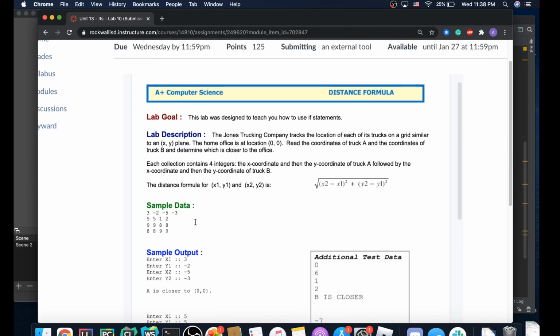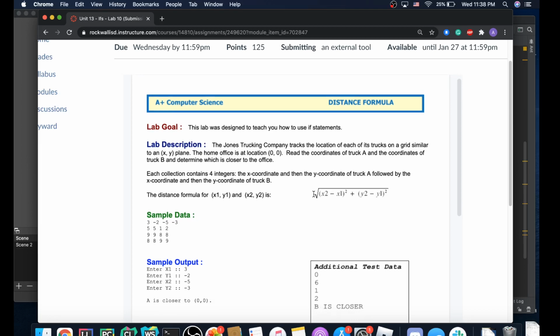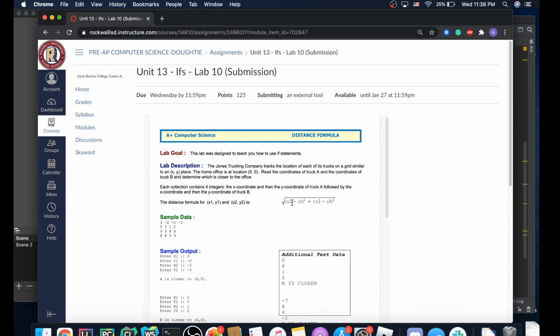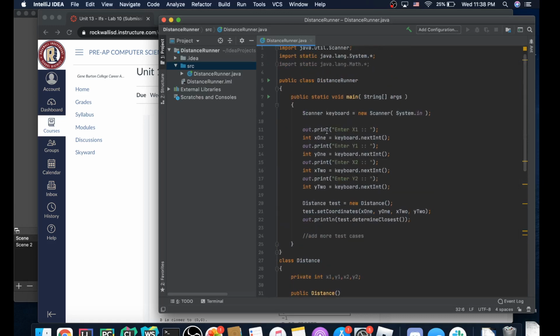So this is xy of truck A, this is xy of truck B. And same for this one, that's truck A, truck B. Alright. All we're doing is finding out which one is closer to the home office based on what it says. Okay. So here